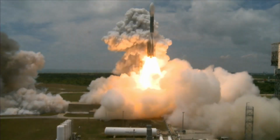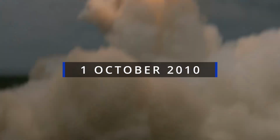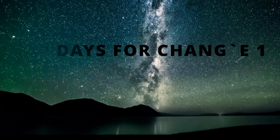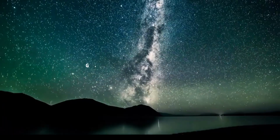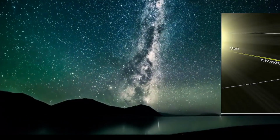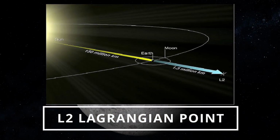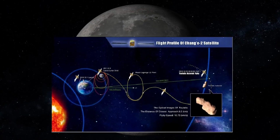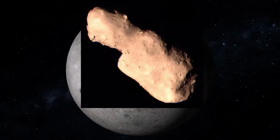Chang'e 2, launched on the 1st of October 2010, reached the moon in under 5 days, compared to 12 days for Chang'e 1, and mapped the moon in even greater detail. It then left lunar orbit and headed for the Earth-Sun L2 Lagrangian point. Chang'e 2 successfully achieved close-up images of the asteroid, with a resolution of up to 10 meters, 33 feet